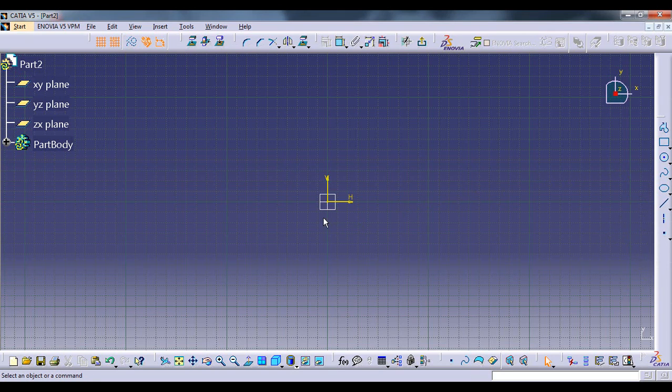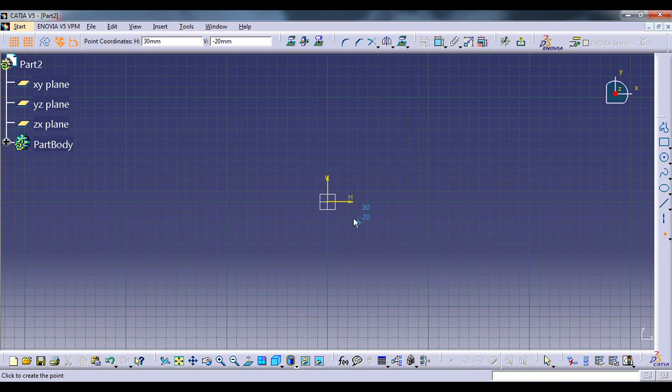Consider that you want to make a point that is at 100 mm from this vertical axis and at 50 mm from this horizontal axis. We will just select the point. We want this point to be at 100 mm from this vertical axis, so here is the 100 mm, and we want 50 mm from this horizontal axis, so this is the 50 mm from the horizontal axis. This is the exact position of the point that we want. This is basically how the grid lines help us to plot the point.